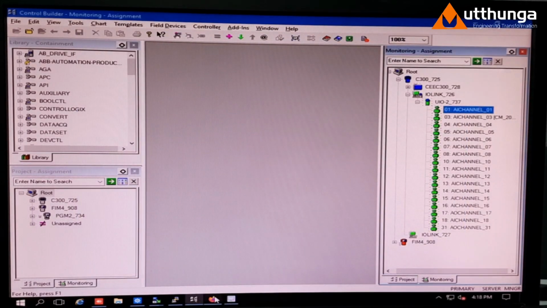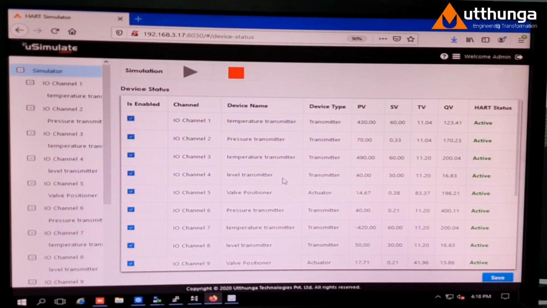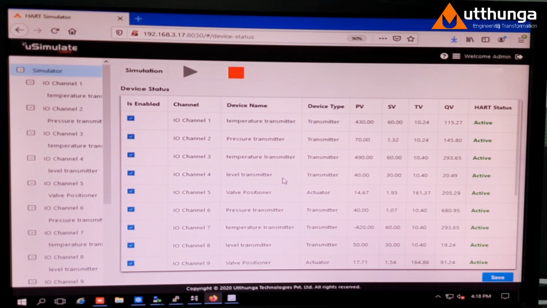Now let us go back one step and see how each channel is configured and how the values are set. So as we can see, all the channels are already pre-configured. To configure them, we need to have devices in place to map to each channel.